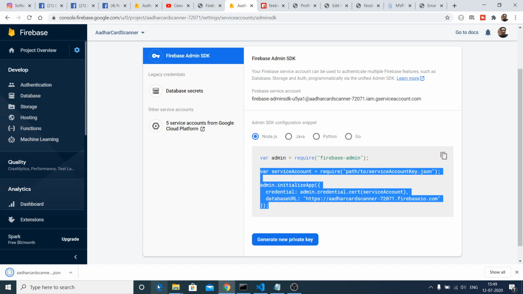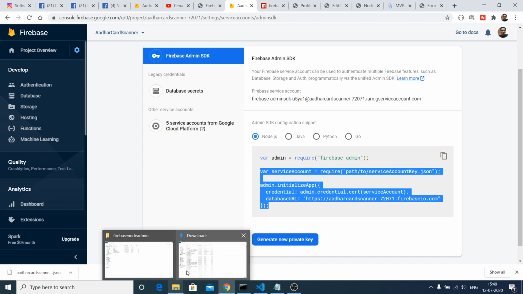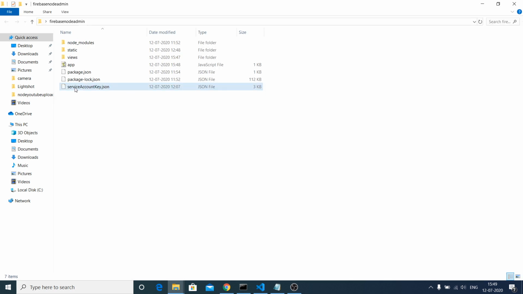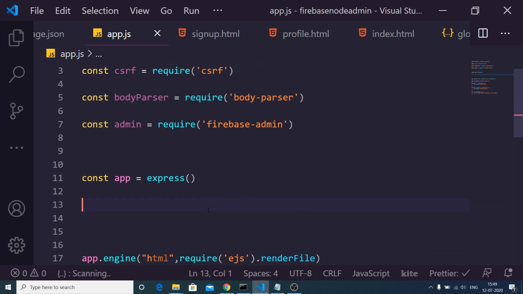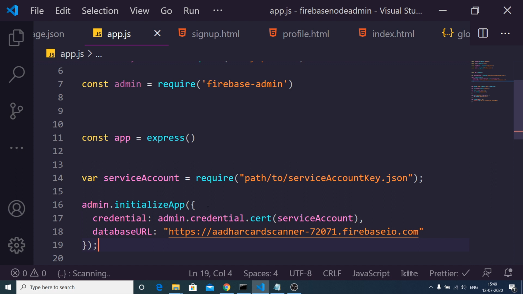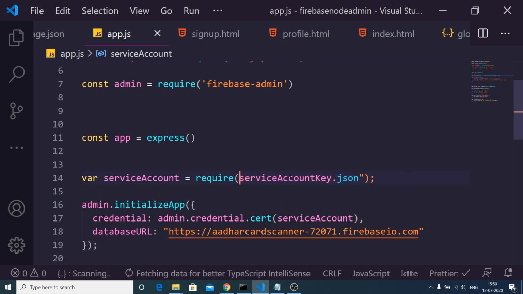Now you need to include this key right here inside your local folder. Rename this key to serviceAccountKey.json. That's it. I have already done that, so I will not do it once again. Just after this, I will copy paste it and initialize my Firebase admin SDK like this. So the path is pretty simple. We have this path inside.